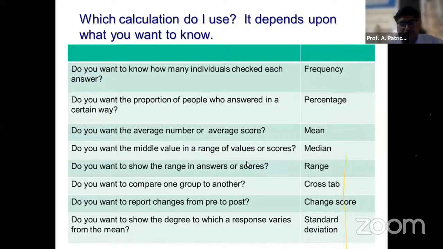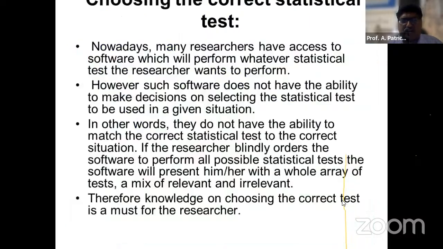To different income levels, based on caste, based on religion, based on the region to which they belong. So I can do that kind of a comparison, and that is what I call the cross tab. I can do standard deviation, a lot of other things there. So there are a lot of statistical tools that are available, but you don't have to